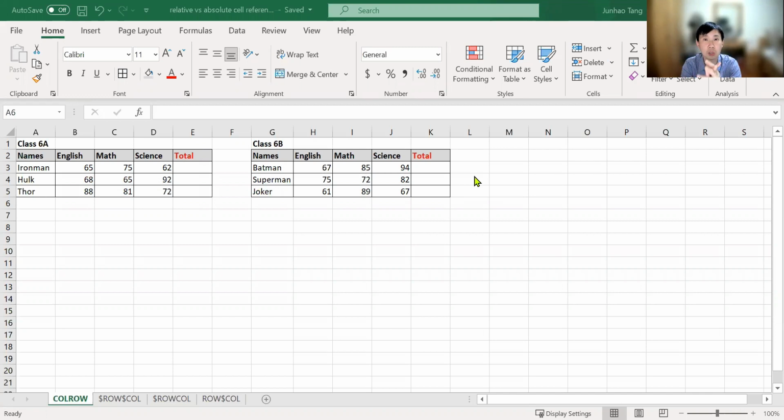So today I'm going to teach you about relative cell reference versus absolute cell reference. Okay, so without further ado, let's dive right in. So if you can see the worksheet over here,